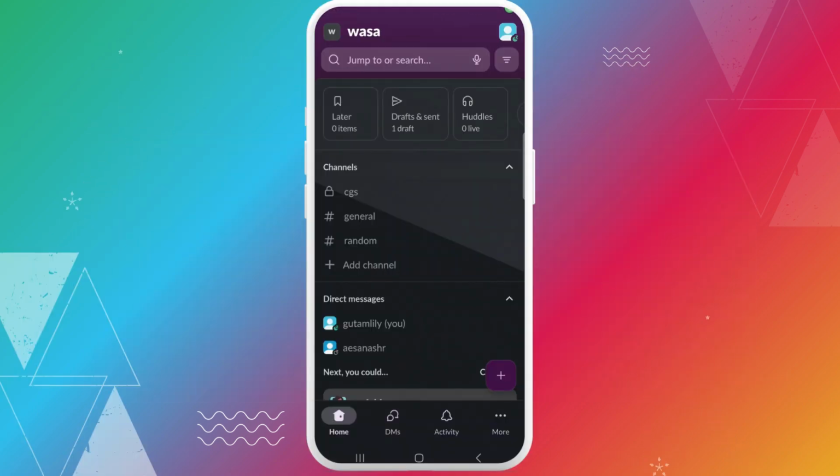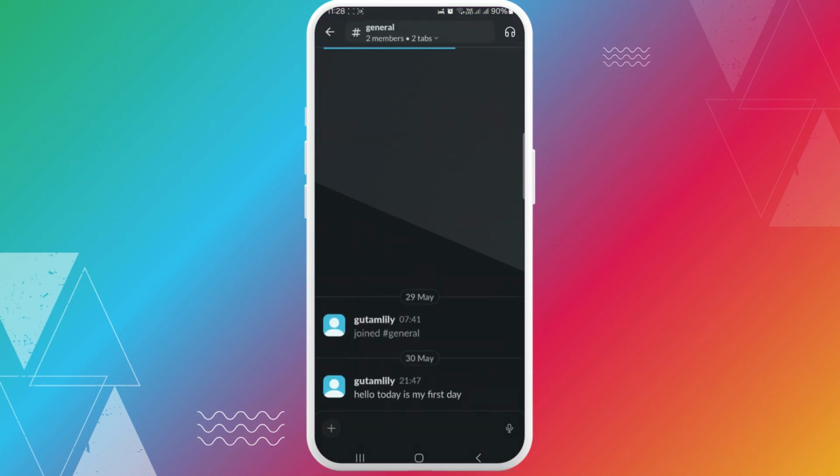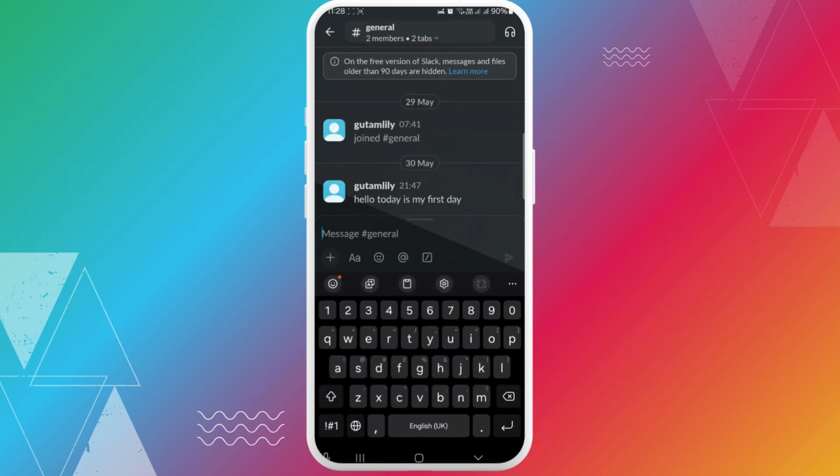How to mention someone in Slack? It's very easy, like any other platform. You can simply go to a channel, which is also a group for Slack. Simply tap on a group, then type